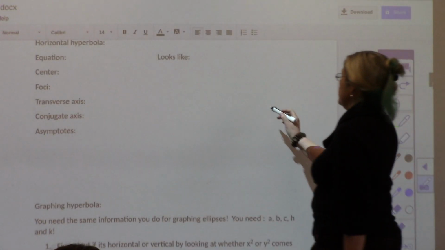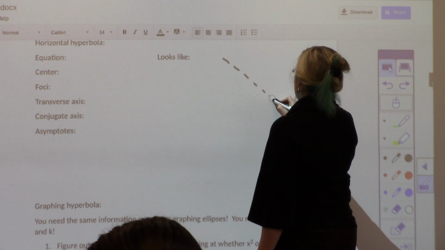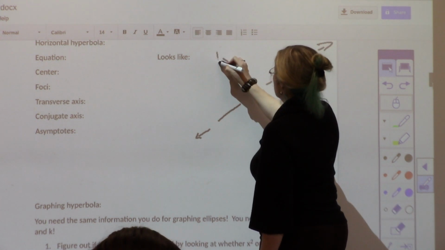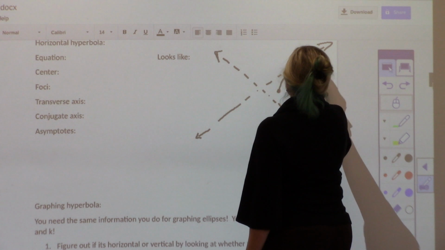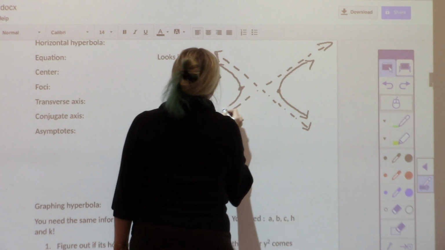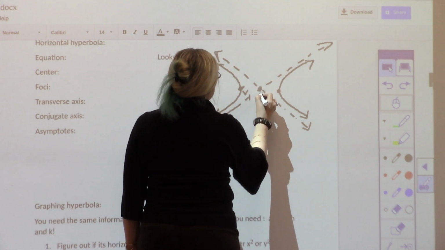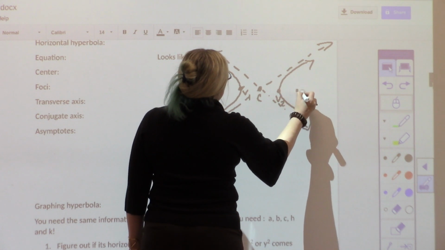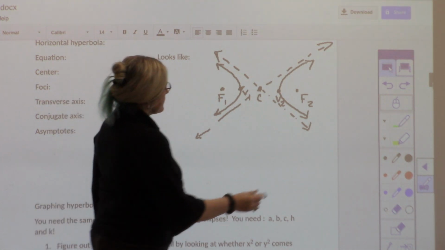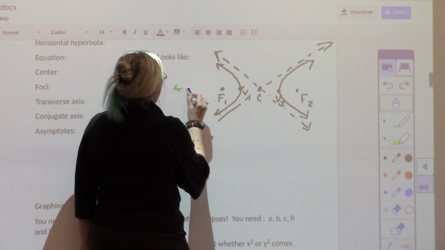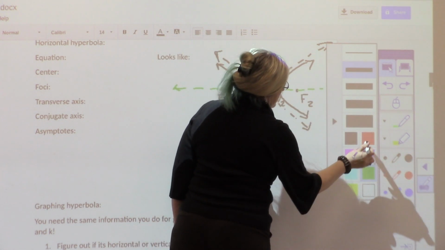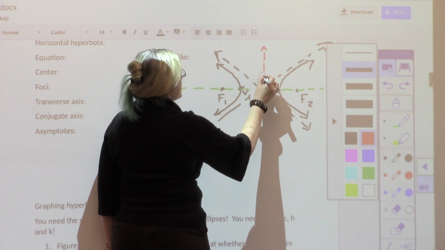So for a horizontal hyperbola, remember we've got this guy, we've got asymptote 1, asymptote 2. This time it's going this way, and this way. Vertex 1, this is the center, this is vertex 2, this is foci 2, this is foci 1. We have the transverse axis going this way now. And we have the conjugate axis going that way,